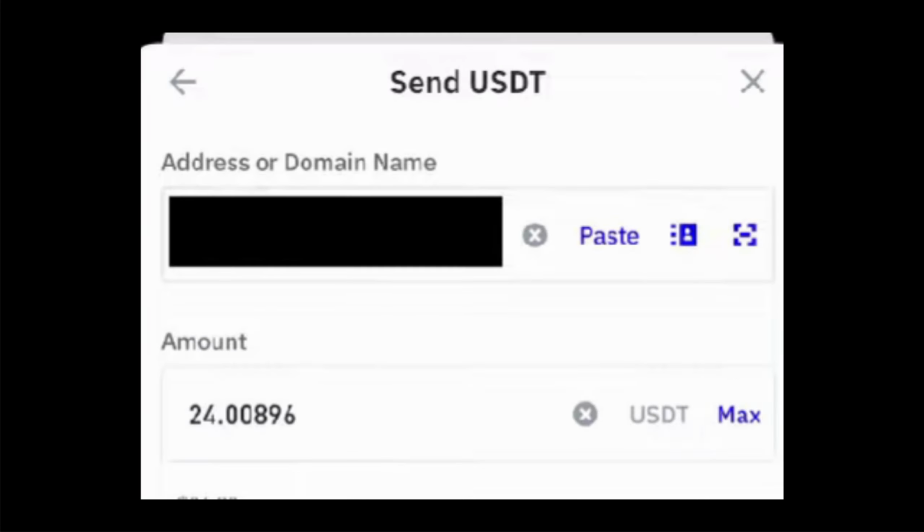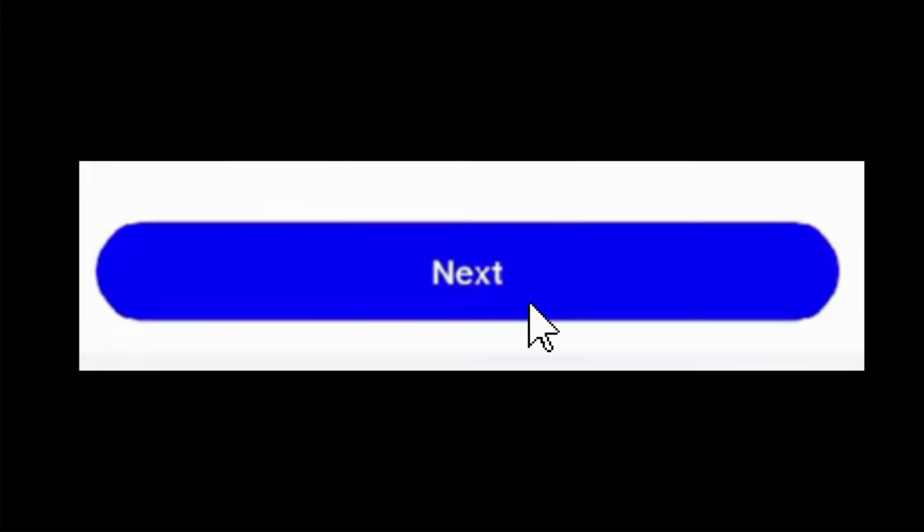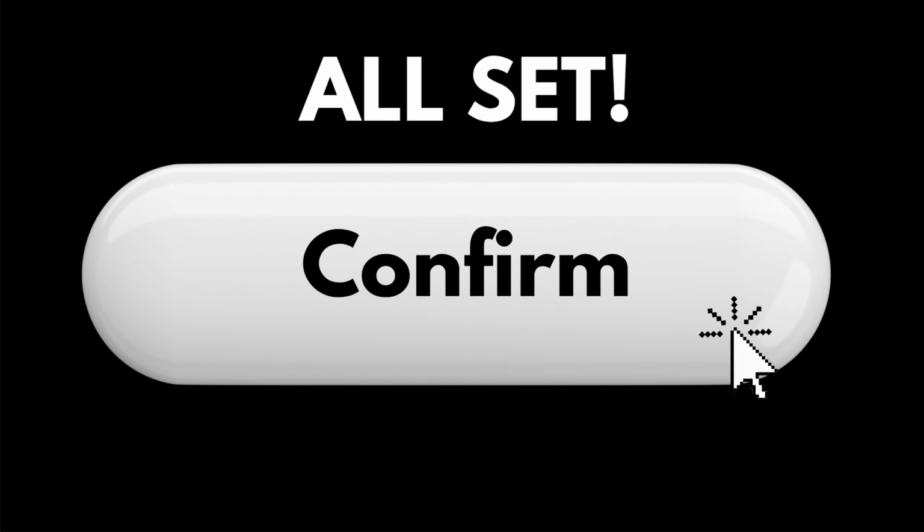network as well. And after that, you need to paste the wallet address that you copied from the Binance earlier and set an amount you wanted to send. And then, if you finalize the amount, just simply click the next button and confirm your transaction. And that's how you transfer money from your Trust Wallet to Binance.